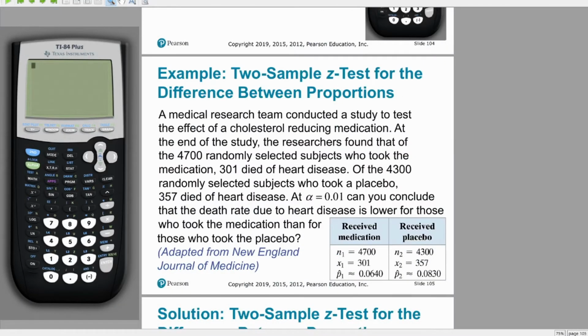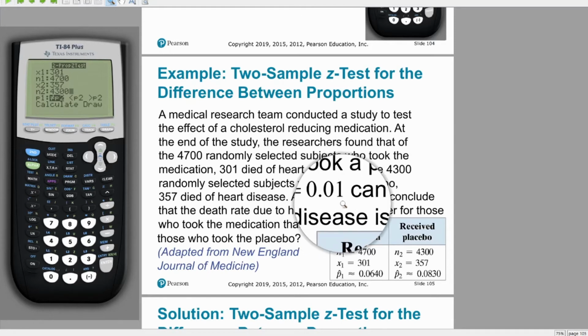which is to say that we have enough evidence to reject our claim that the proportion is the same. For our second example here, we have that the research team is looking at the effects of cholesterol-reducing medicines, where here we have these same values like before. So we're going to go into Stat, option 6 for our z-test, where here x1 is 301, n1 is 4700, and accordingly p1 is about 6%, while x2 here is 357, and n2 is 4300,